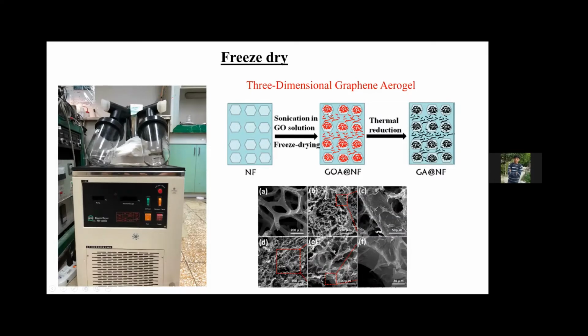Once we do the freeze drying, the graphene stacks there, and after that we can get the three-dimensional graphene aerogel. We can see here how it becomes a sponge-like structure.